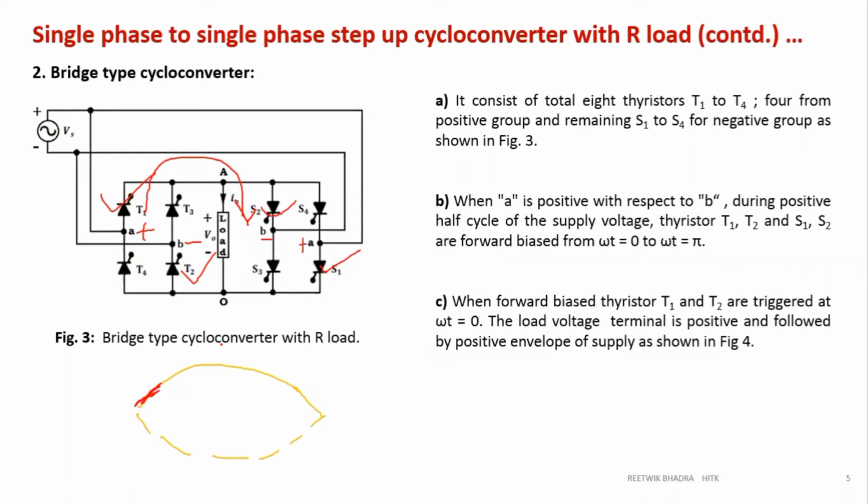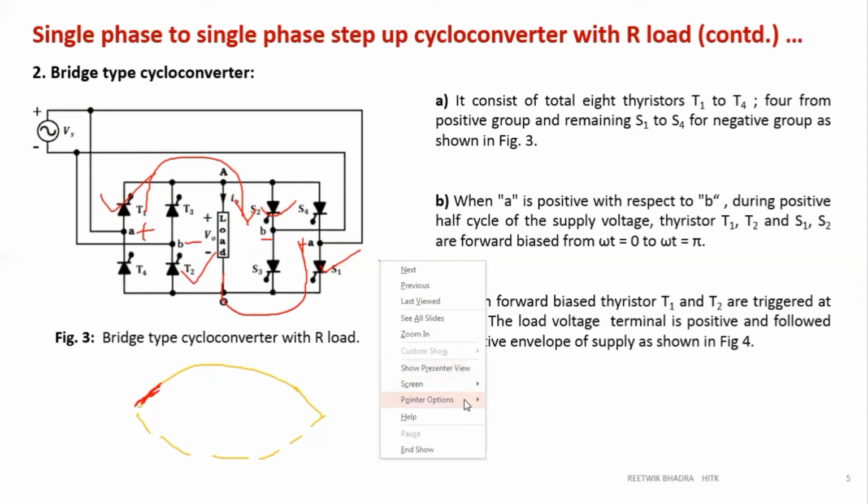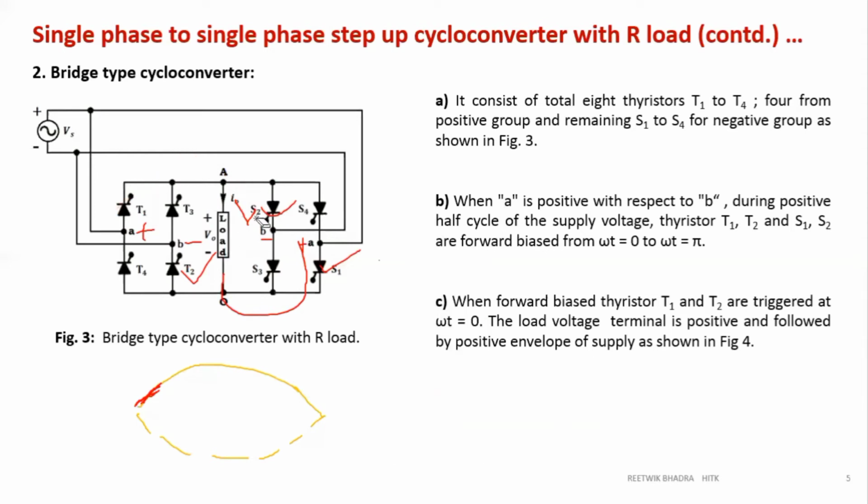Right? Then what should we get? We should get a negative voltage. So for negative voltage, which should we turn on? T1, T2 are force commutated, and S1, S2 should be on. Only if S1, S2 is on will current flow in this direction from S1 to the load, then to S2, and back to negative. So current flows in this direction now from S1 to the load.